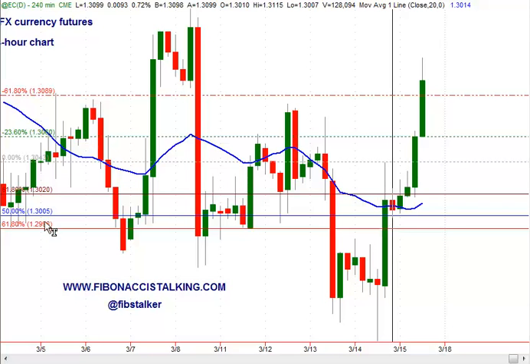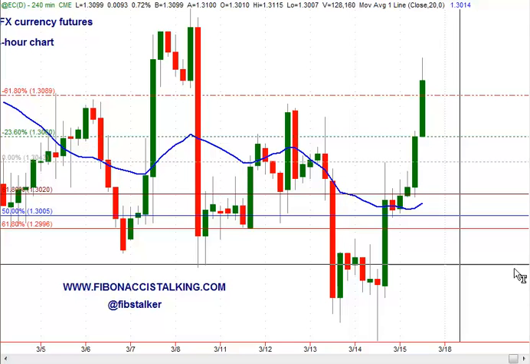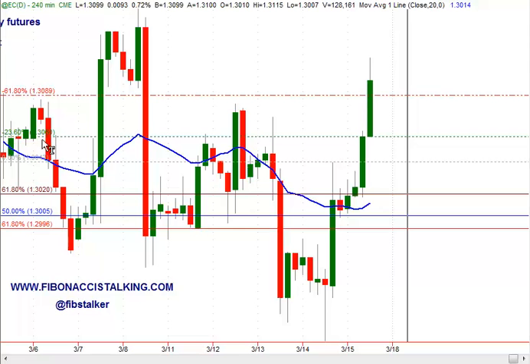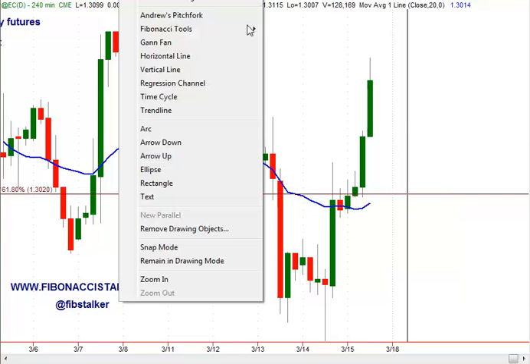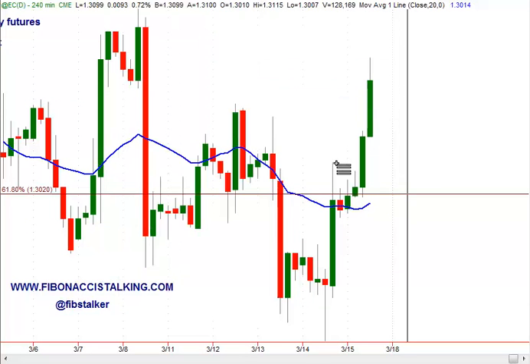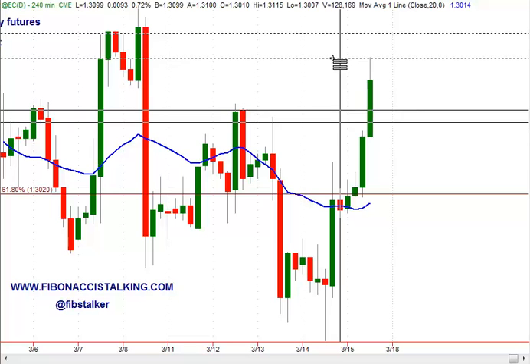as you can see, the 130.10 area supported price nicely yesterday, and during the Asian session we had this small move higher, and then during the European session we had these two big bars, and the first one brought price into the first target 130.60, and the second one brought price into the second target 130.89. So the next measure move of the sequence is then traced from these highs to highs, and you have